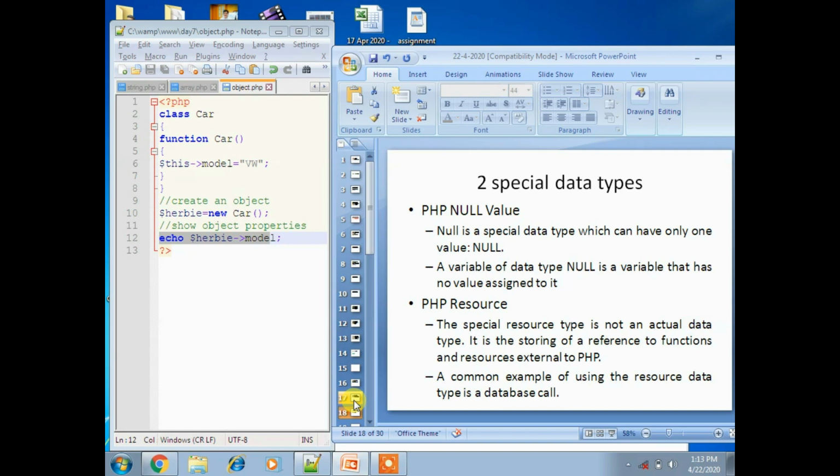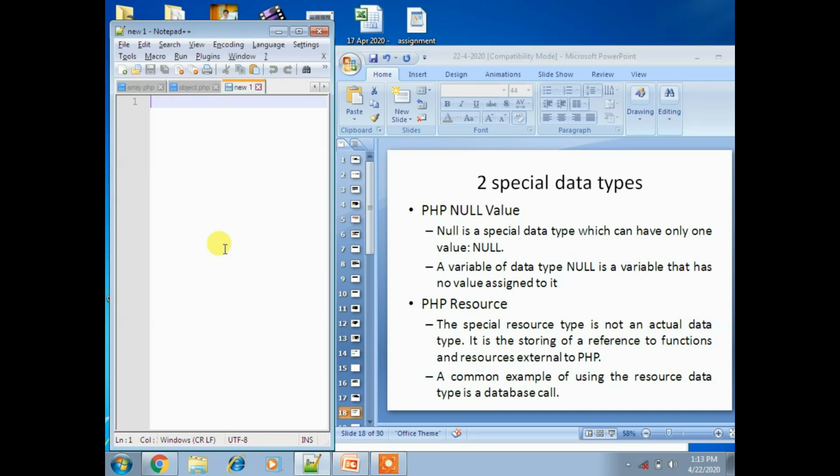I'll take another example for this null data type in PHP. Now I am creating one variable called x. In x I assigned a value like hello.